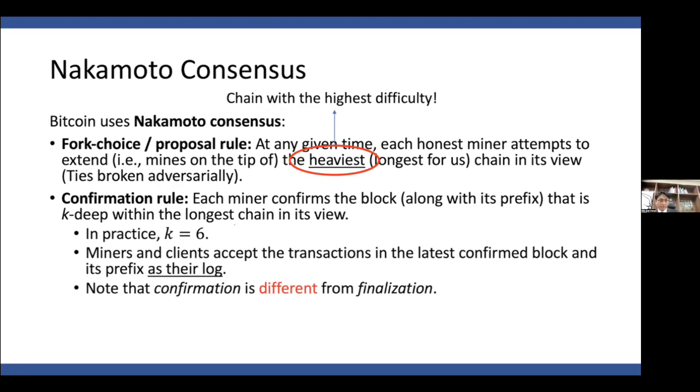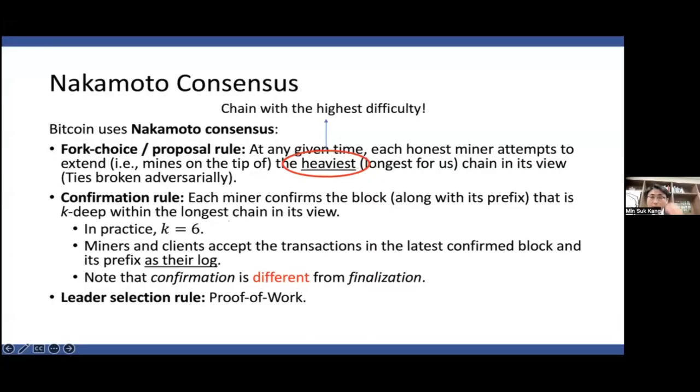So one important thing is that we're talking about confirmation in Nakamoto consensus, which is different from finalization. And one big difference between Ethereum,